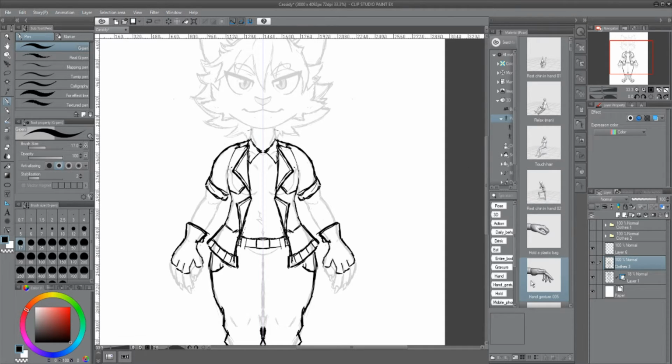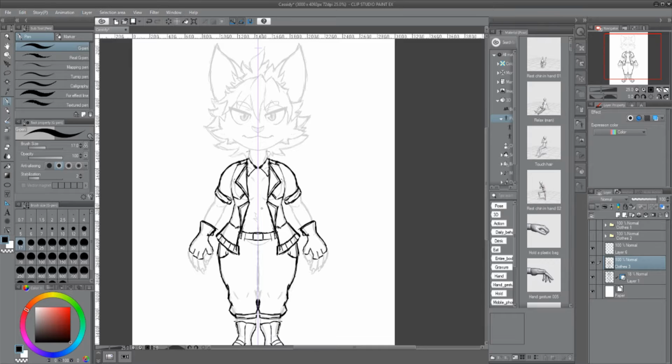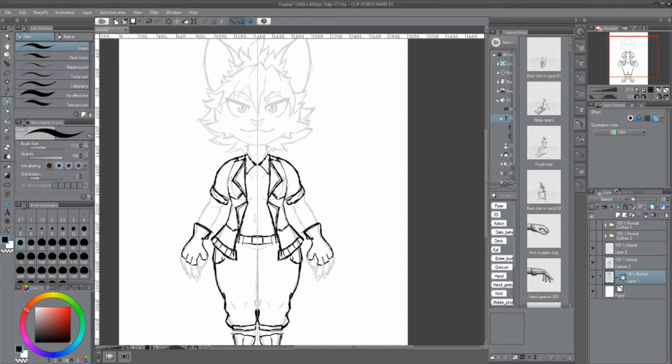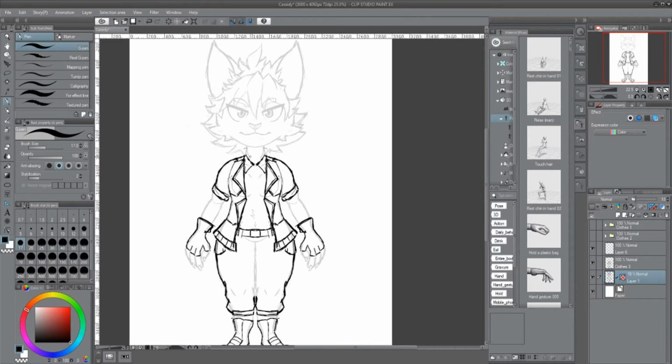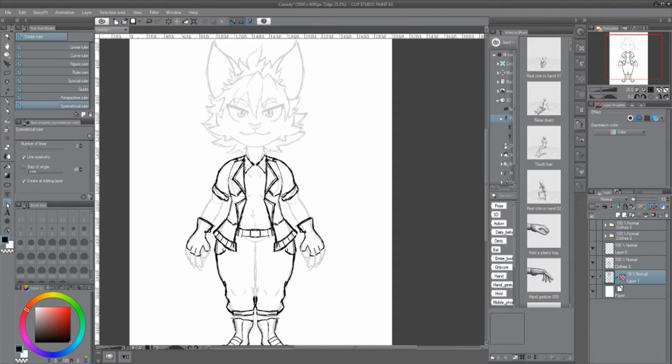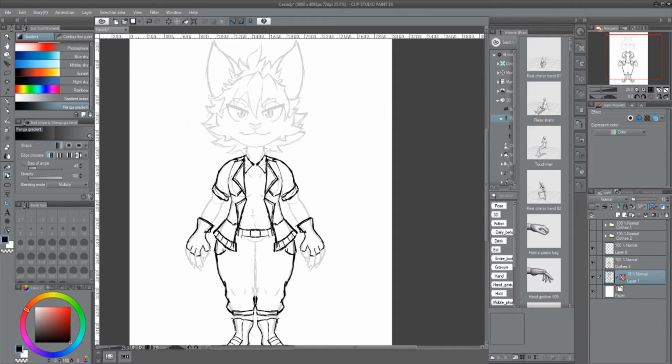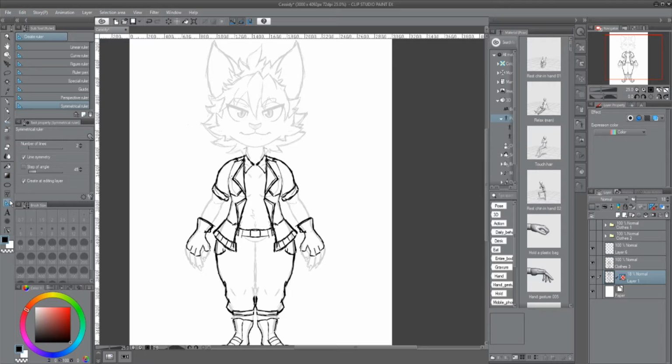Oh yeah, and I almost forgot. If you are using Clip Studio Paint, like I am, and you want the symmetry ruler, you can find it over here, this bit here. Or there's a key command. You just press U multiple times. So you get the ruler, and there's a symmetrical ruler here.